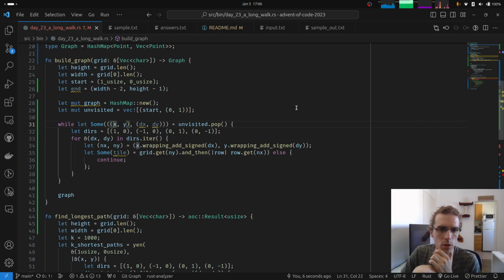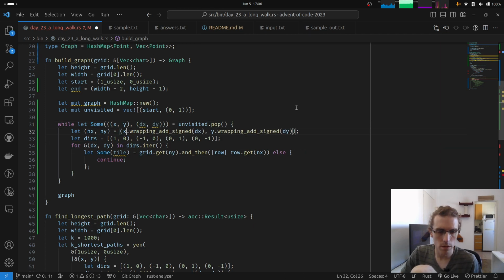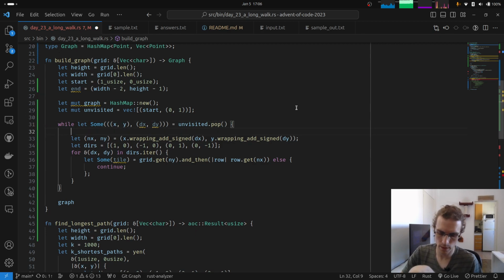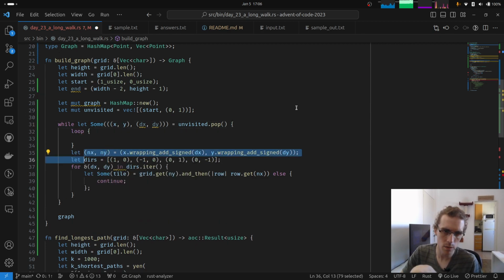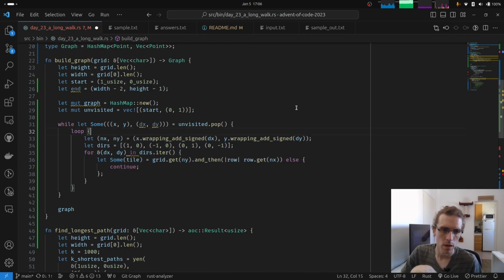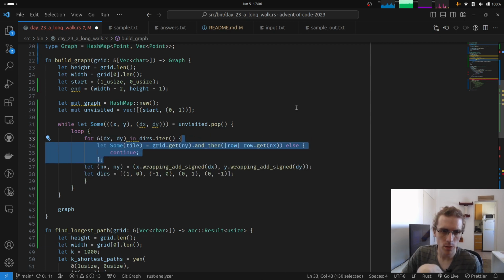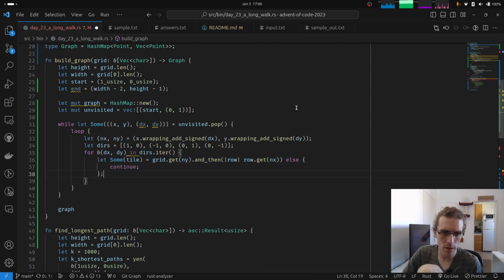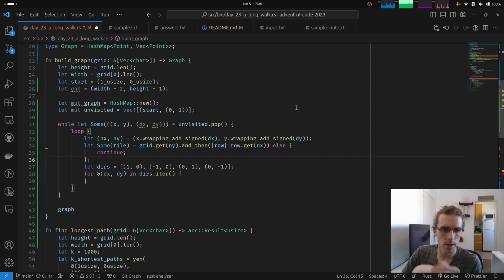So okay, that's what we want to do, like start walking from here in this direction. And we are going to loop here. I'm not sure how, but we are going to loop. The next position then is going to be this, and we can check the grids, and I'm moving more things than I wanted. Right, we will check the grid